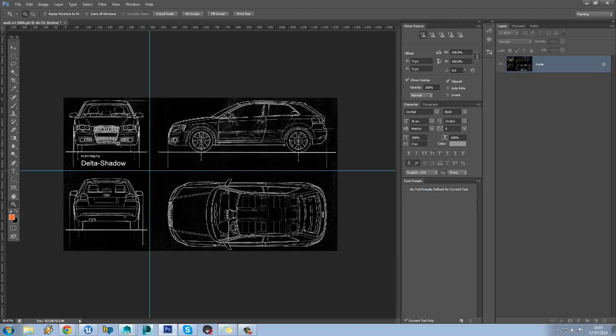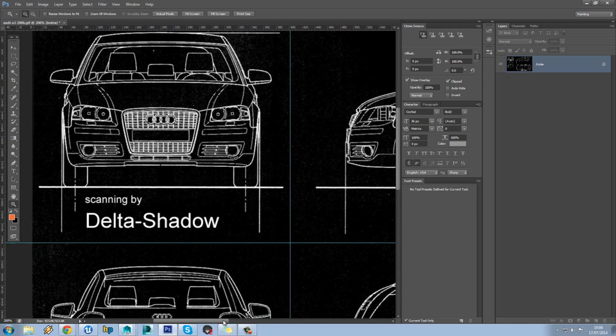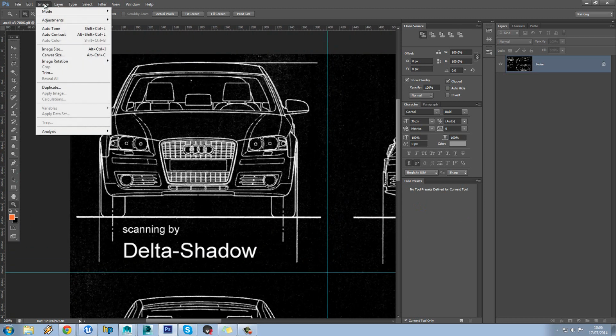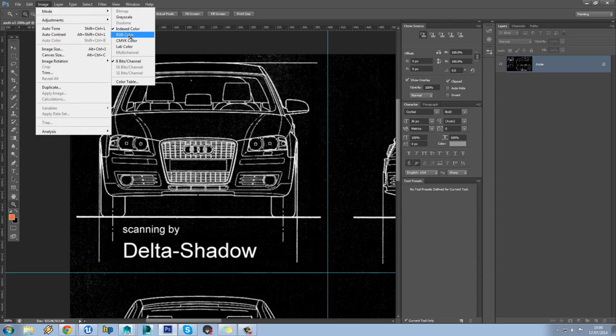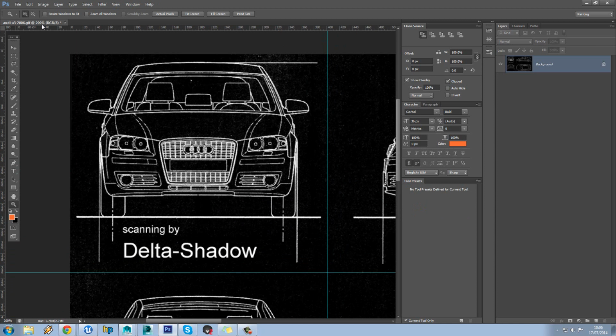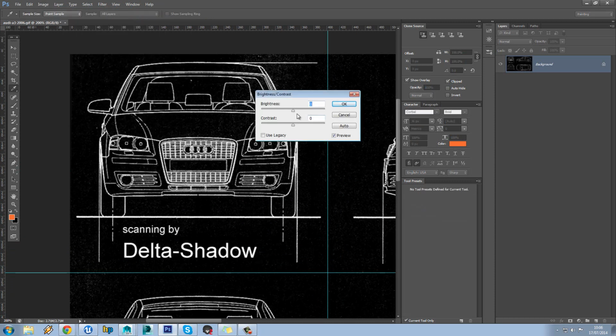You can also, if we zoom right in on this, see the way it's set to index. That means because it's a GIF image, we'll set this to RGB as well to give us a bit more control over this. And then if we try using something like brightness contrast,